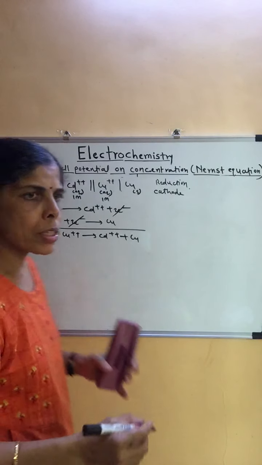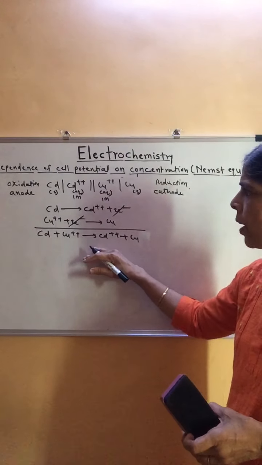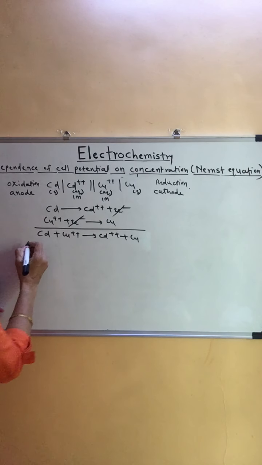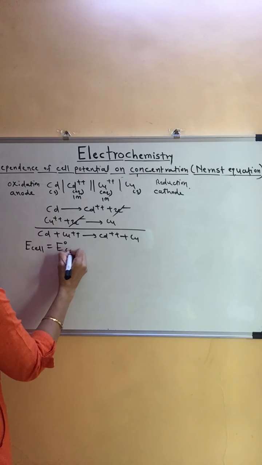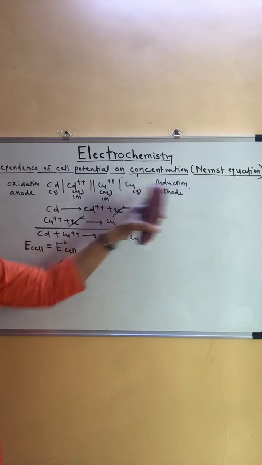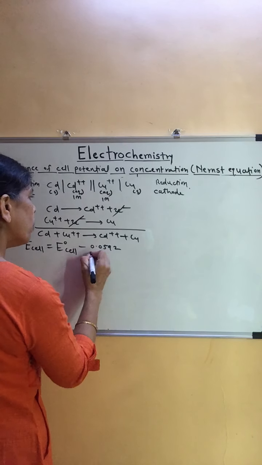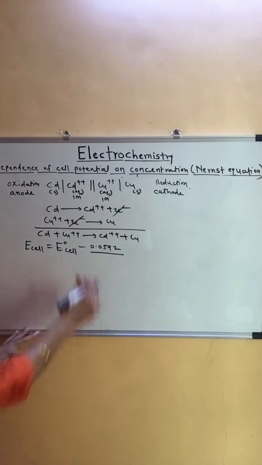Like aA plus bB giving cC plus dD we have seen. We have applied the equation for that particular general reaction. Now we are going to apply the equation for this particular reaction. What was the equation? E cell is equal to E naught cell, that is for this particular cell, minus 0.0592 upon the number of electrons involved. Here are 2, isn't it? 2 electrons are given, 2 electrons are taken, upon 2 log to the base 10.